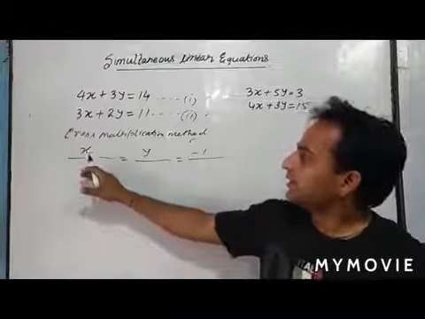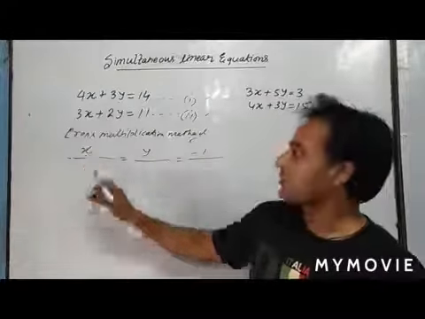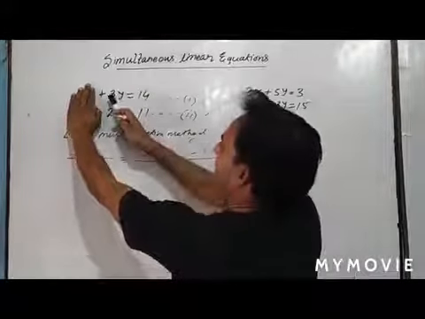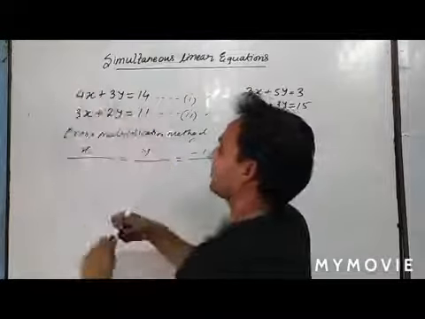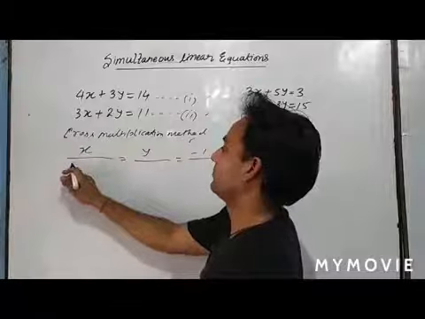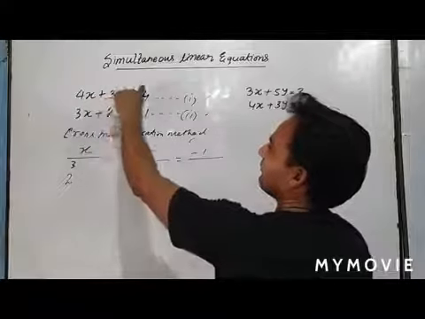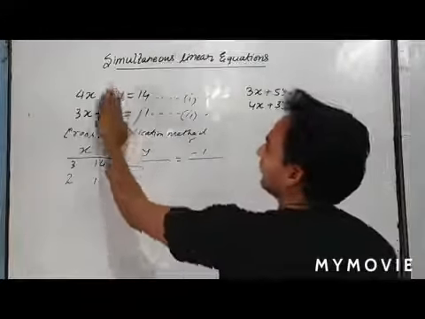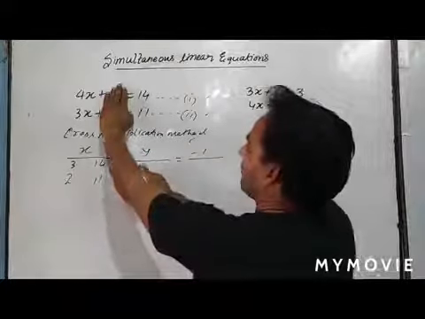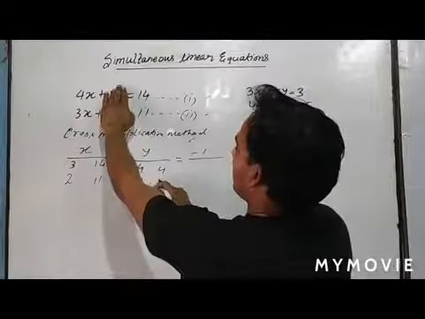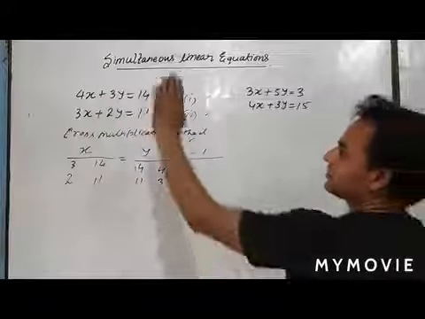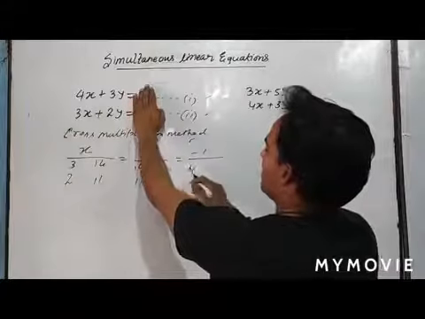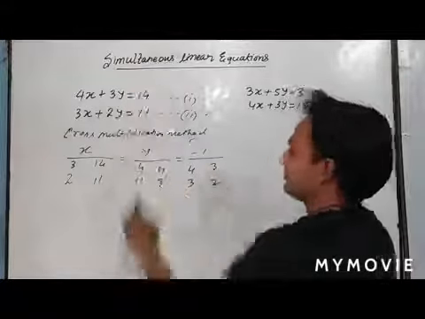Now see carefully. The first term we have written is x, so we will hide this x and write the coefficients of y, 3 and 2 on this side, and after this 3 2 we have 14 and 11. Now after x we have y, so we will hide y. Now we have 14 and 11, and 4 and 3. Now we have the constant term, so we will hide the constant term. Now comes the coefficients of x, so 4 and 3, and 3 and 2.